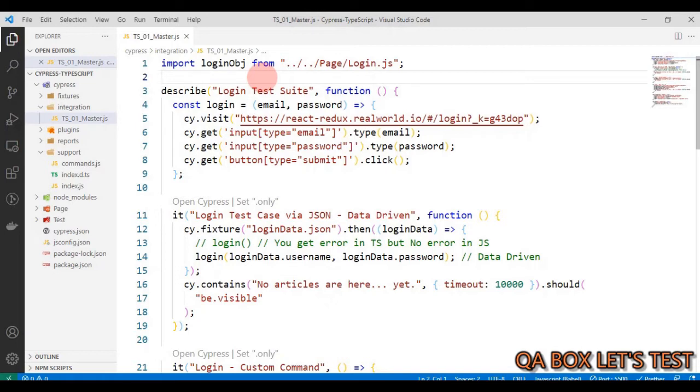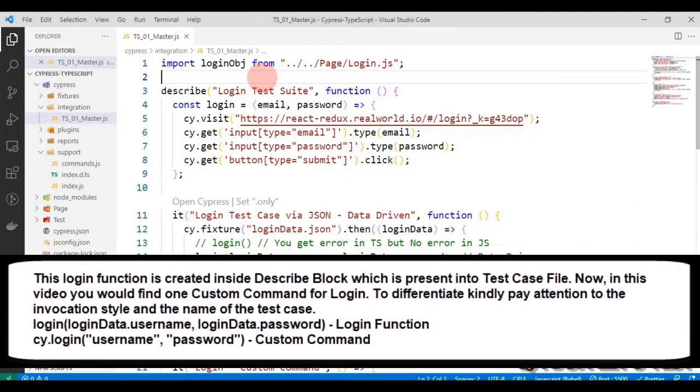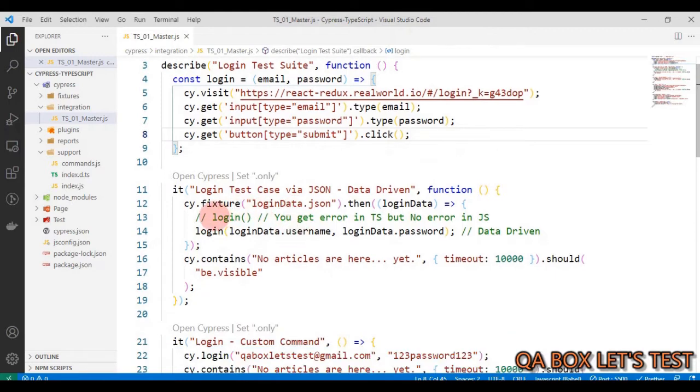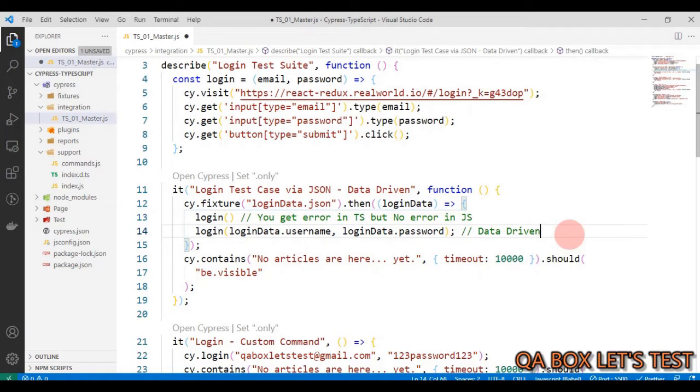In TypeScript, we can easily catch this issue at development time only, that is, even before you compile your program. So let's see an example of the same. This is a simple login function which accepts email and password, and whatever email and password you provide while invoking this function would then be typed in the respective email and password fields. Now down below in the test case, you could see if I just uncomment this line in here,